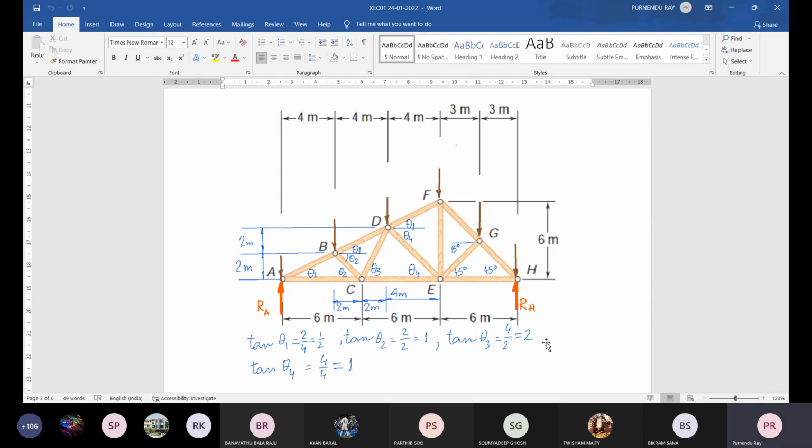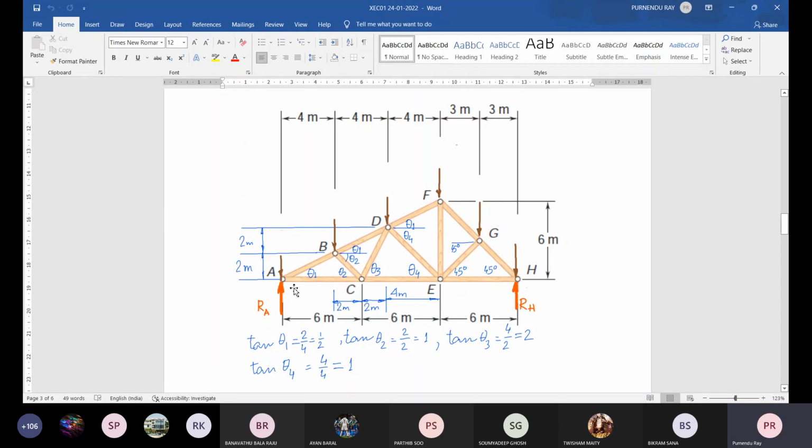Done. Similarly, here also for tan theta 4, height is 4 meter, base is 4 meter, so it is 45 degree angle. And here in this case it is a simpler portion, 6 meter by 6 meter, it is 45 degree, it is the middle point, 3 meter distance. So this is also from this isosceles triangle, this is 45 degree, here also this is 45 degree. So this primary calculation we should make.